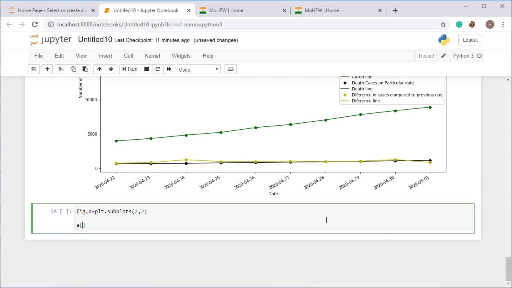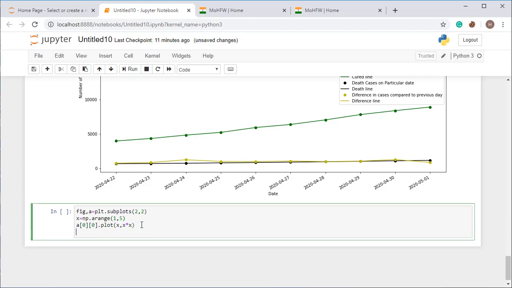So what you have to do, a[0,0] means in the first subplot what you are going to plot. I want to plot like this, dot plot x comma x multiplied with x, and I am taking x as x is equal to np dot arange, and I am taking values from 1 to 5. All right, so I'm plotting this thing. I'm just showing you the example. You have to plot all these graphs in your